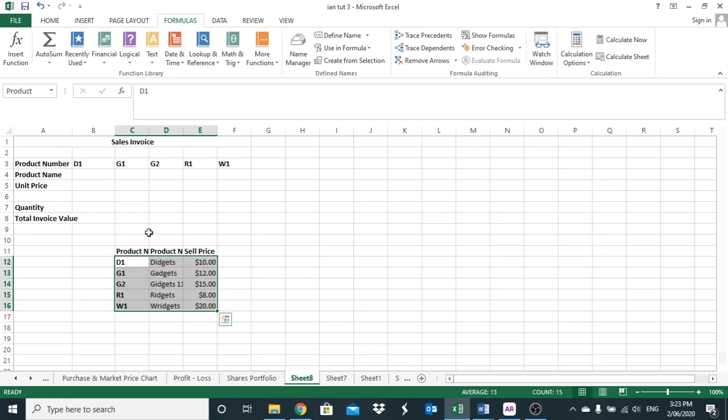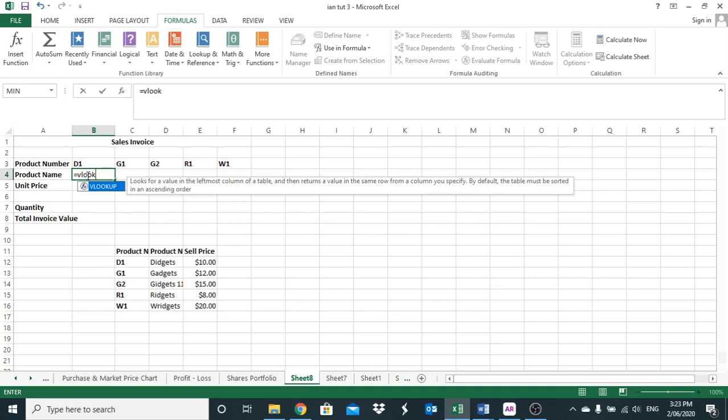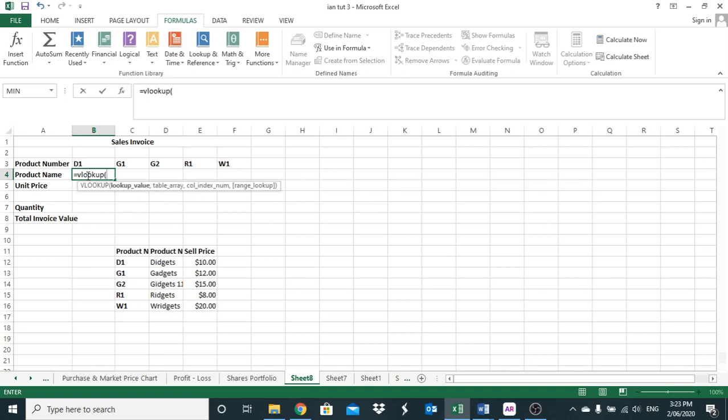Okay, so now in cell B4 over here, we're going to put a formula in. The formula is going to go as follows: equals VLOOKUP, open brackets, cell B3. The formula itself is a VLOOKUP formula. It's going to be looking for the information in our B3 cell, which in this instance is B1,